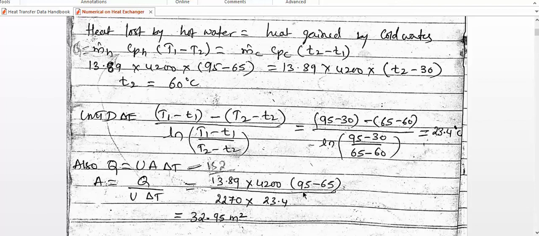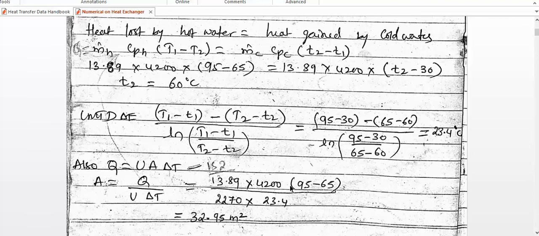T1 is 95 degrees Celsius minus T2, which is 65 degrees Celsius. So this is the expression I have taken: Q is equal to m dot h Cph into bracket T1 minus T2. Otherwise you can also calculate Q separately with this expression,